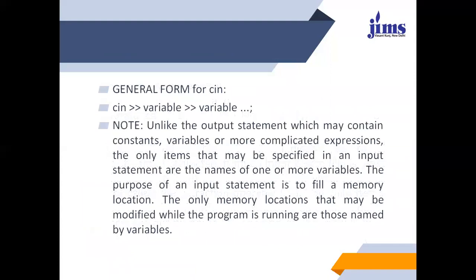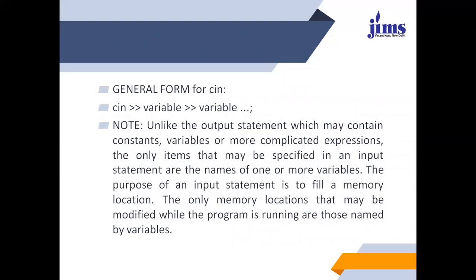So this is the general form for cin. Cin, then comes the extraction operator, and then variable names. Any number you can write, and it can be a character, an integer, anything. And you can read more than one variable also.